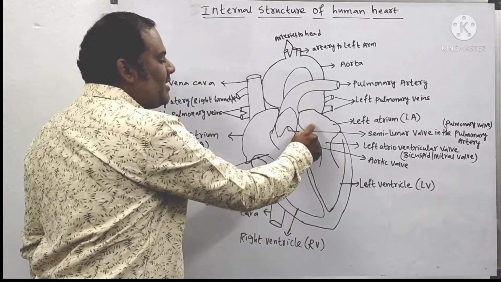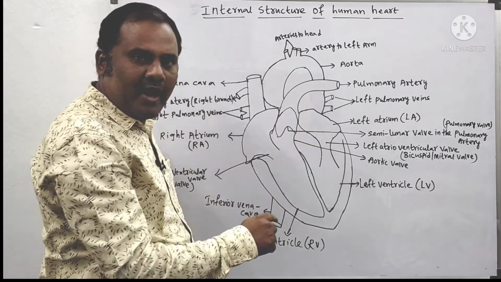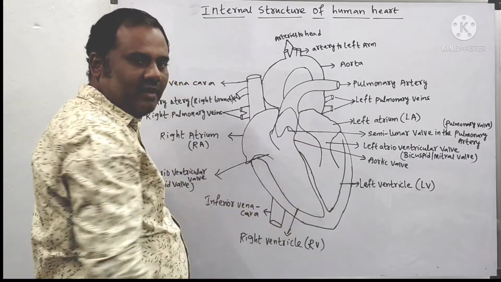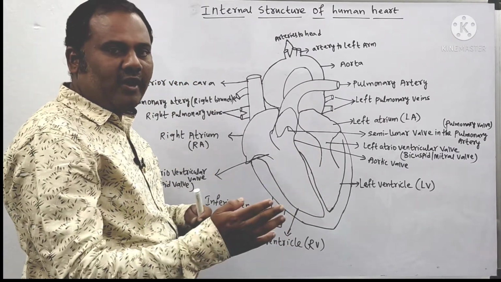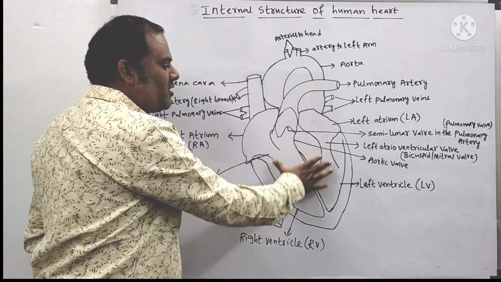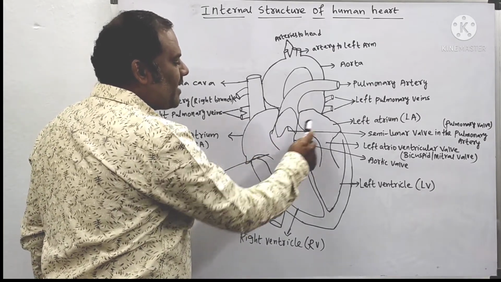The auricles are divided into right auricle and left auricle. In the same manner, the ventricles are also divided into right ventricle and left ventricle. So, like the right and left auricle, there are right and left ventricles. Now these 4 chambers are completed. The right and left auricles are separated.